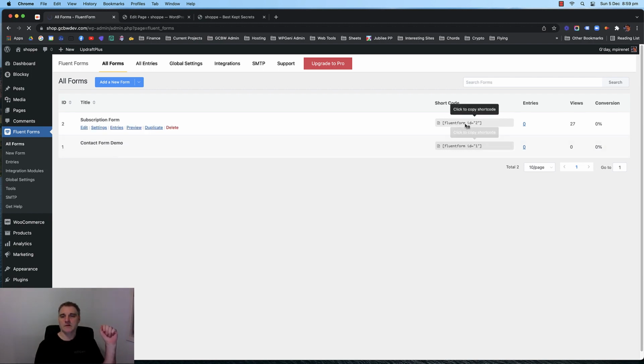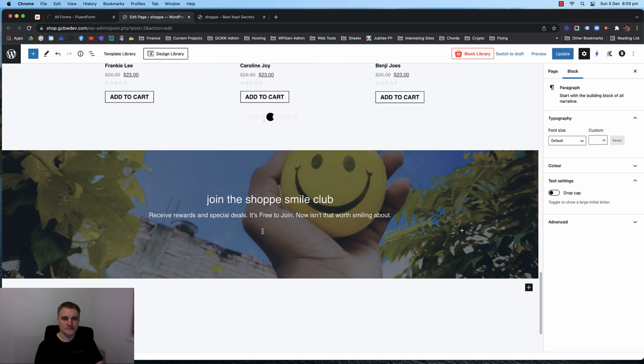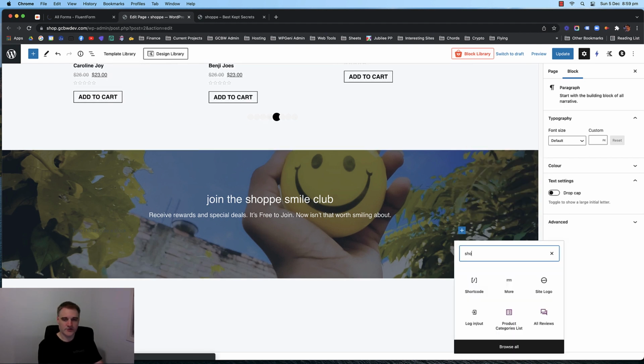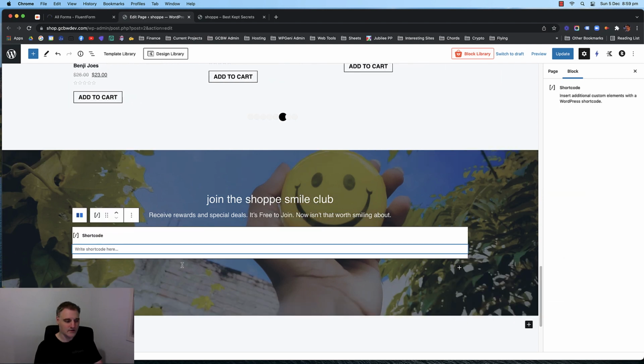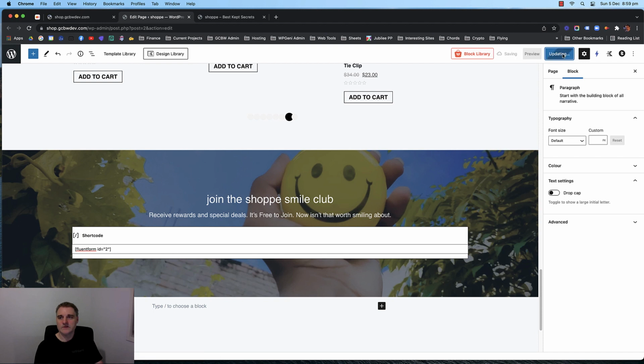So anyway, what I'm going to do here is copy this shortcode. Then we're going to come back to this page that we're editing. I'm going to go down to the next line, press plus and go shortcode. I'm going to use the shortcode block. I'm just going to pop that in there, and that's going to be our form. So if I update that,